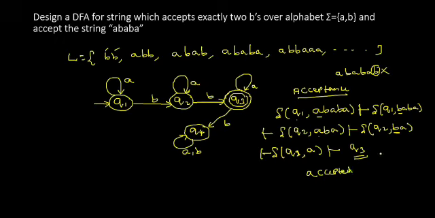Now this is called a DFA for accepting exactly 2 B's. Now going to the next one. So design a DFA which accepts at most 2 A's. At most 2 A's. So what is the meaning of this? That means the minimum 1 A can be there, maximum 2 A's can be there. So L is equal to, what is the language which is accepted? A is accepted, AB is accepted, ABA is getting accepted, or AAB is getting accepted,